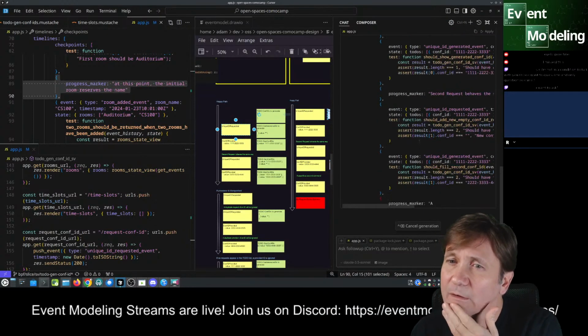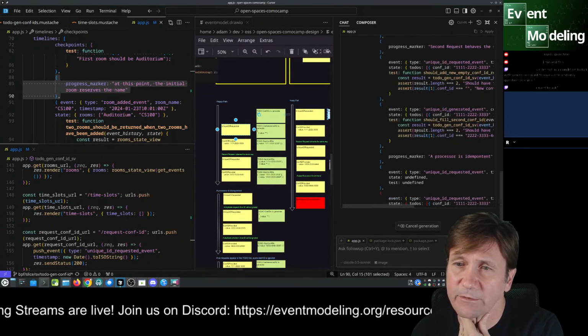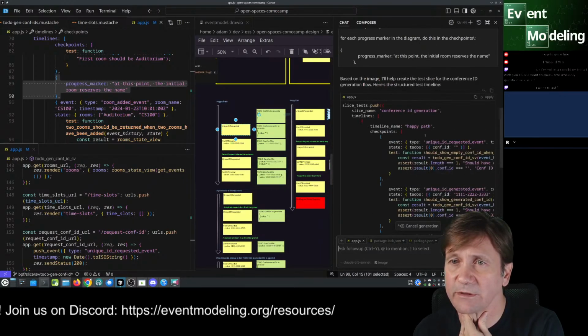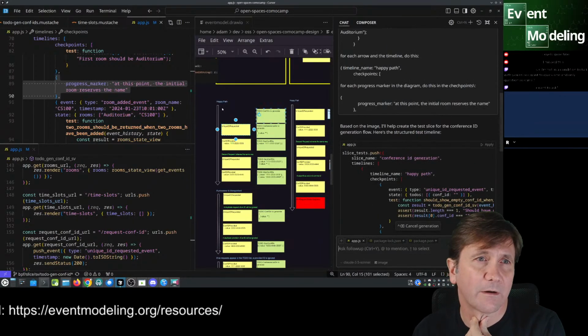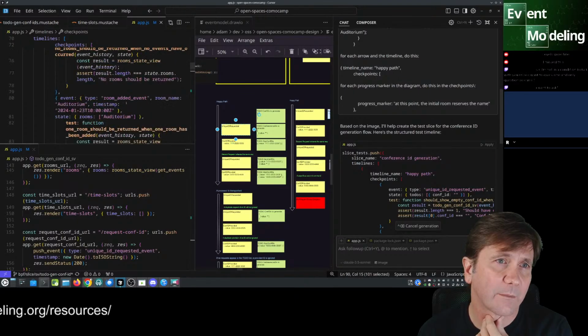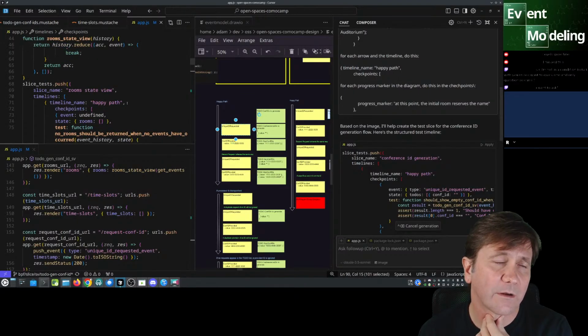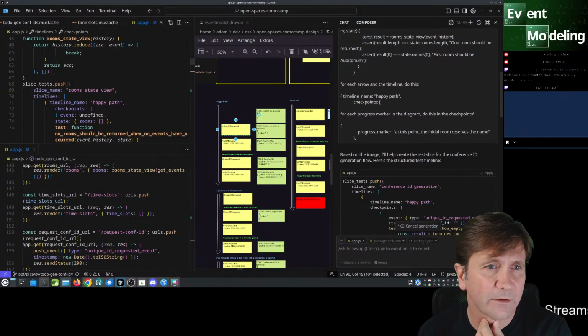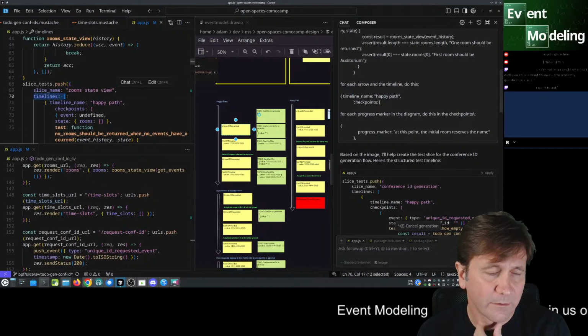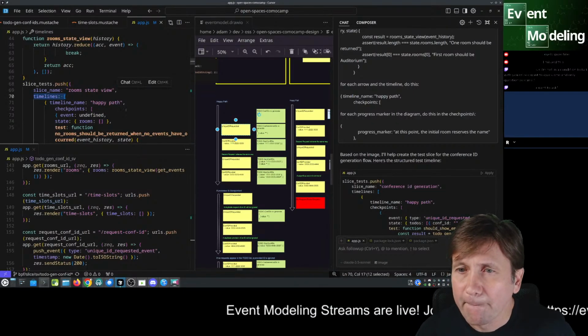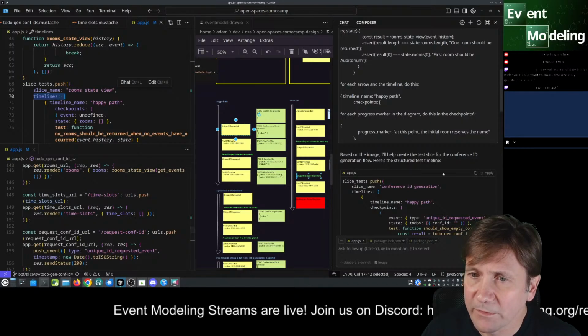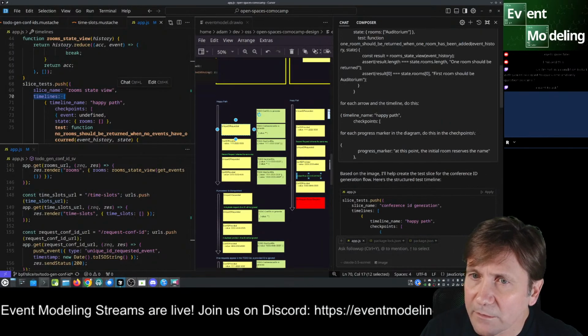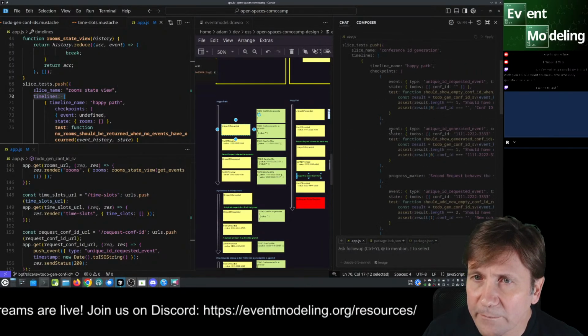Good. Okay, so I guess we just have to be very prescriptive. And it's not splitting it up. Okay. Timelines. I think I need to do timelines this. So it's not doing the timelines. Okay.